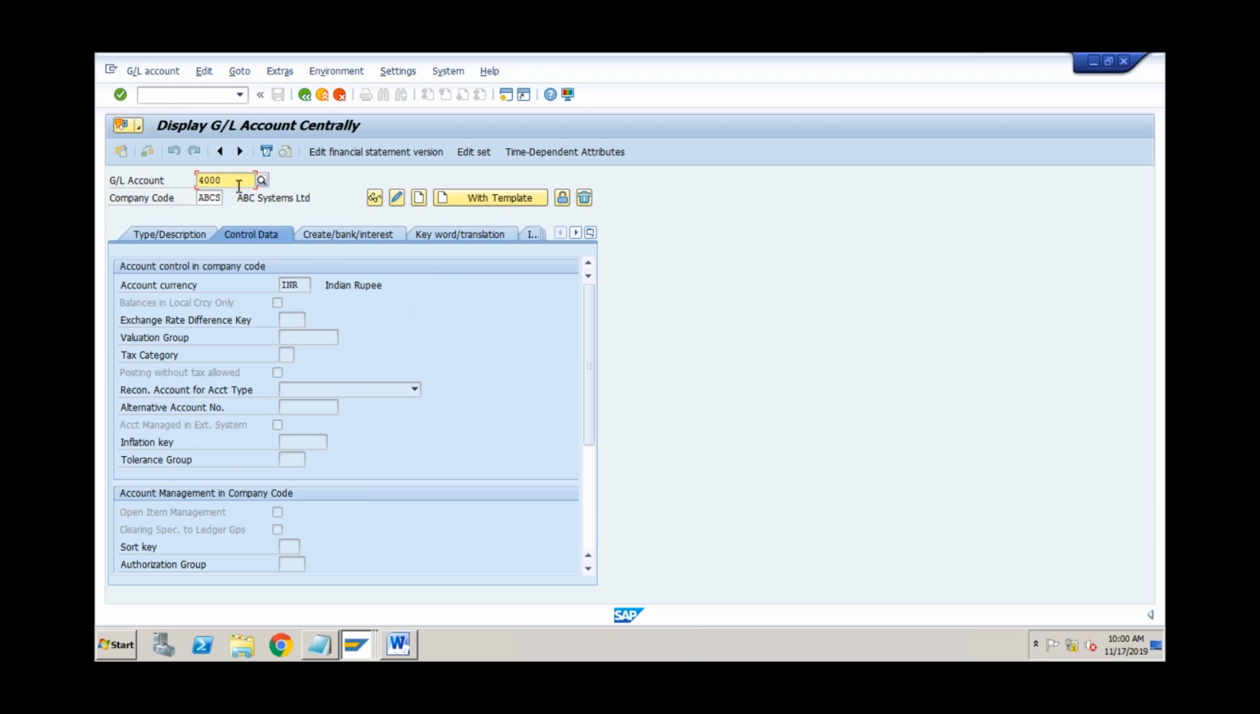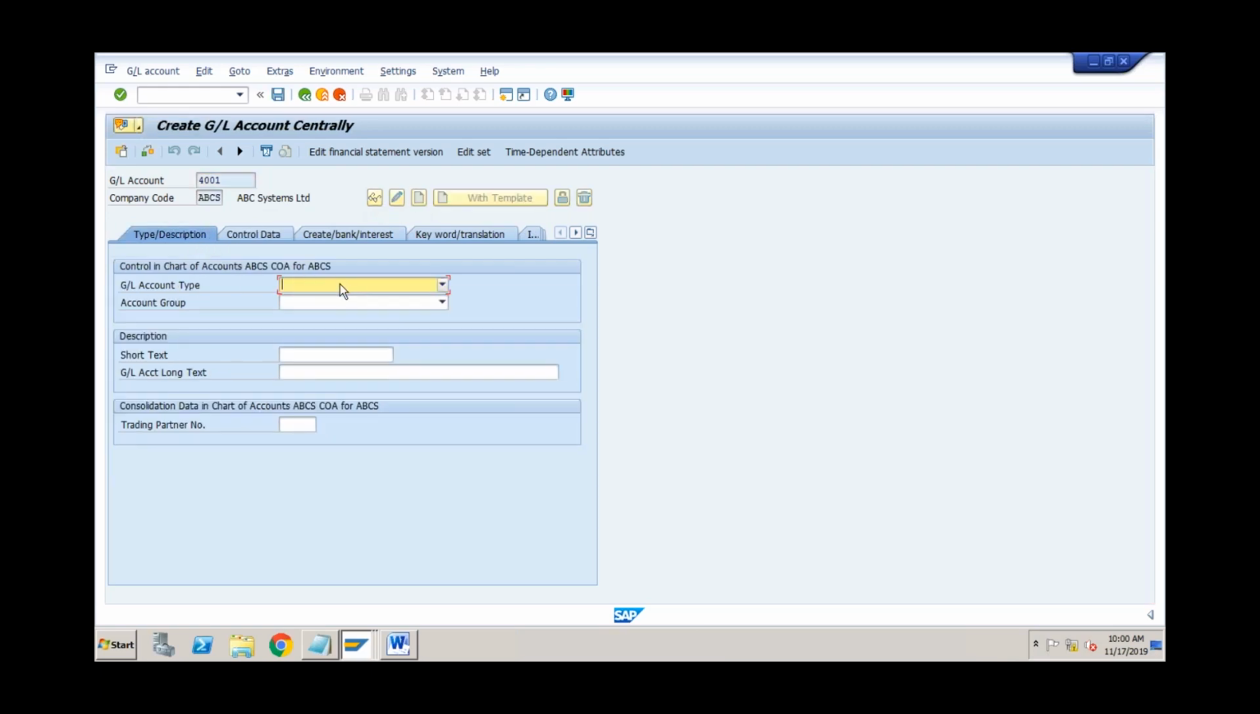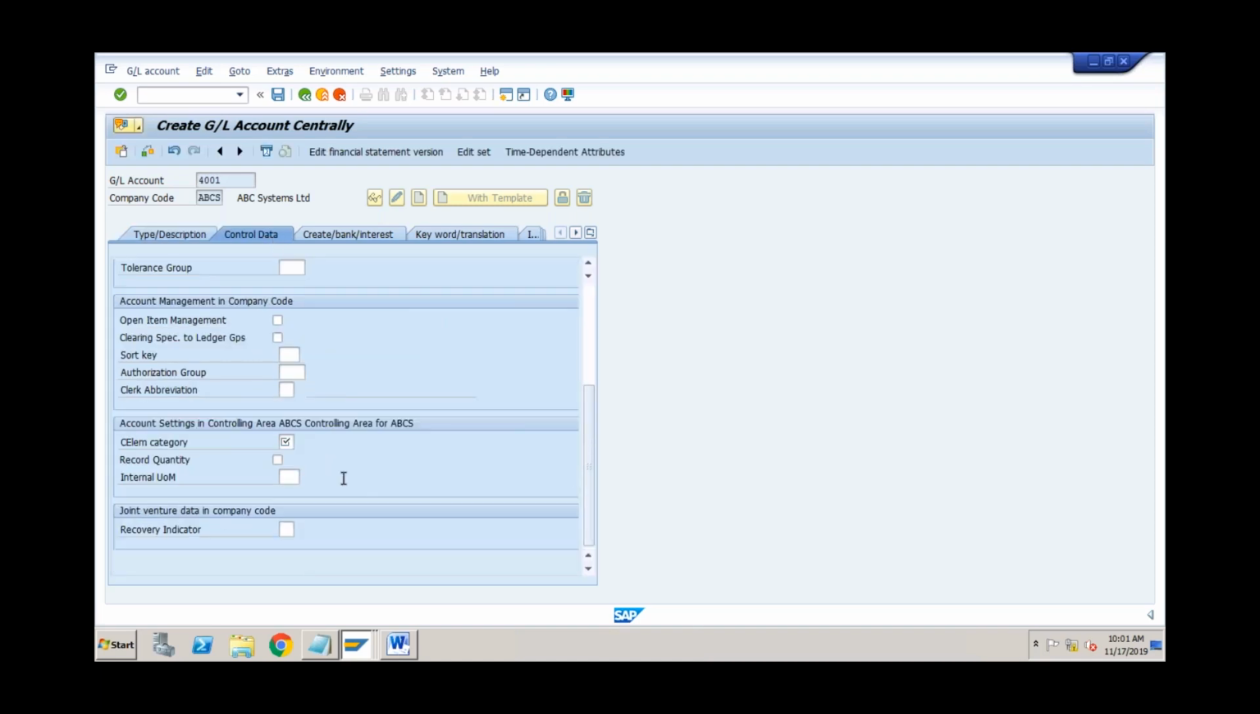Okay, so next one, let's create another one. This is for salaries. So 4001, I'll click on new. First I will select the GL account type. If I select primary cost or revenue, just concentrate on this control data. Let me select the account group, which is expenses in this case. Let me give the short text: salaries. And if I go to control data, now I'll be able to see this cost element